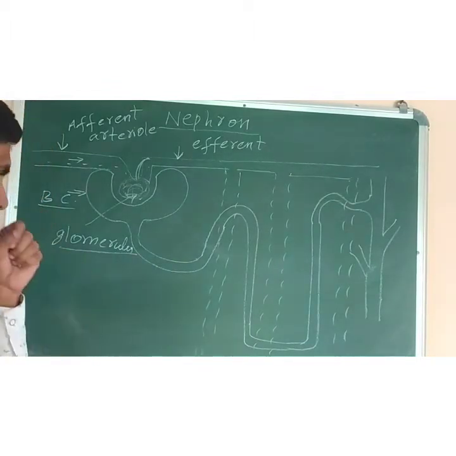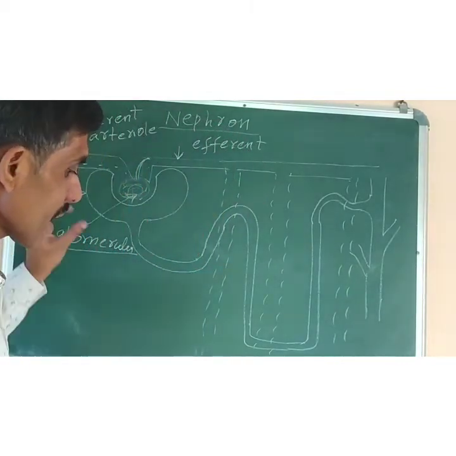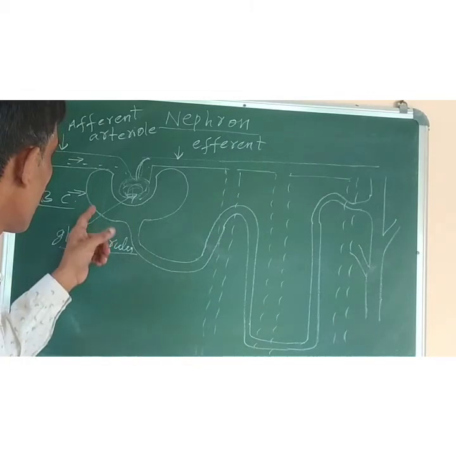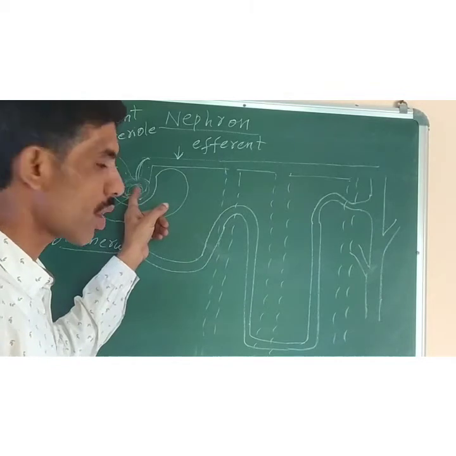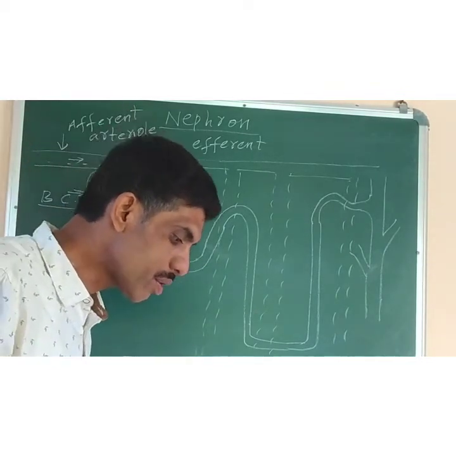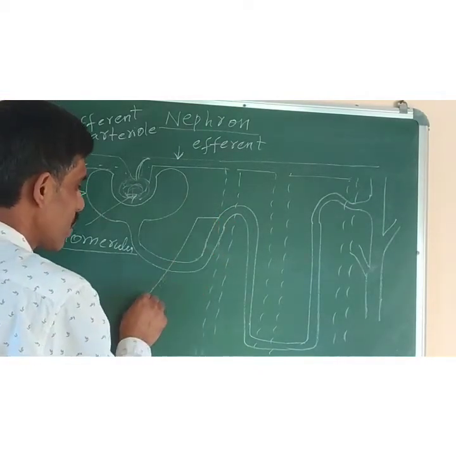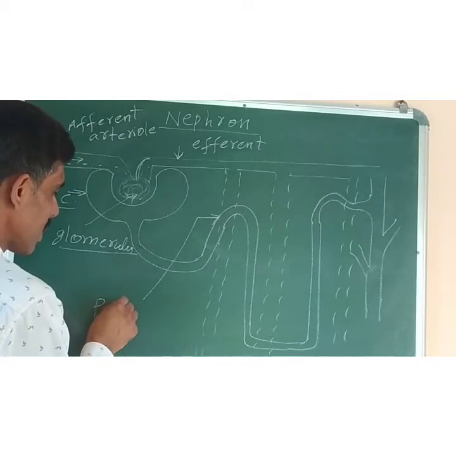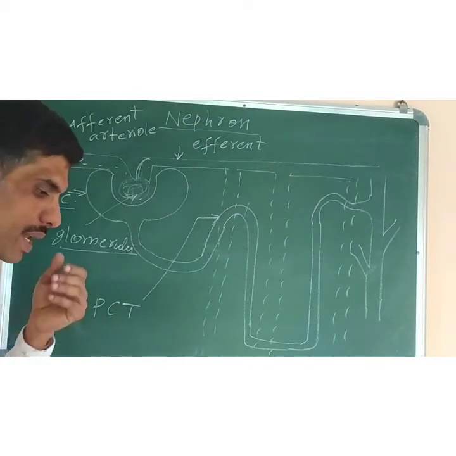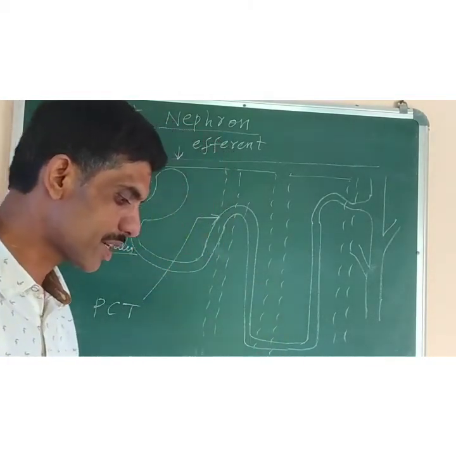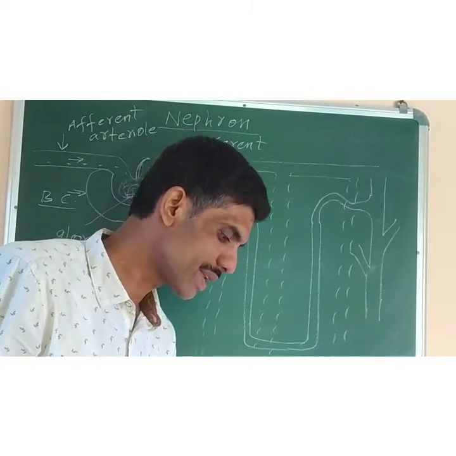Okay. So let's just start with what is PCT, DCT and all. Nephrons. Each nephron consists of a double-walled Bowman's capsule, a cup-shaped structure. It is filled with a knot of blood capillaries called glomerulus, along with a narrow renal tubule. Now this part of the renal tubule is known as PCT, proximal convoluted tubule. Means from here up to this part it is PCT, proximal convoluted tubule. The first part of the tubule is convoluted or twisted, and that's why it is called proximal convoluted tubule.